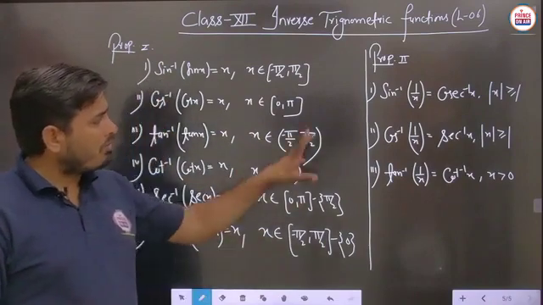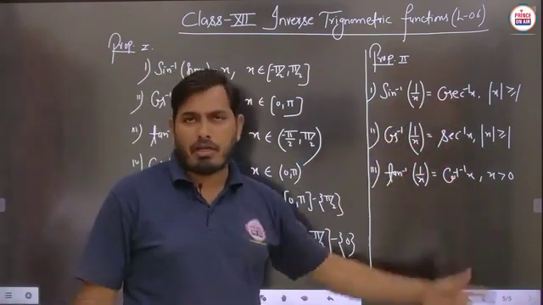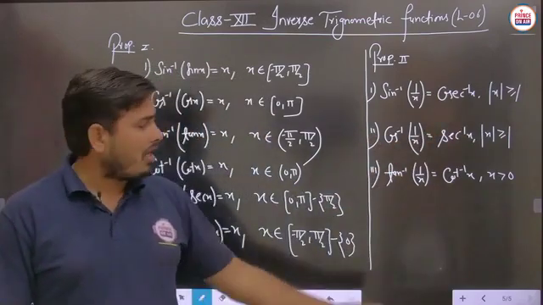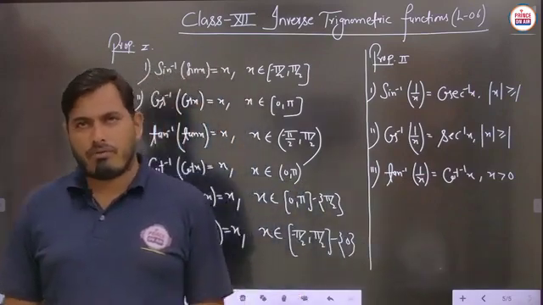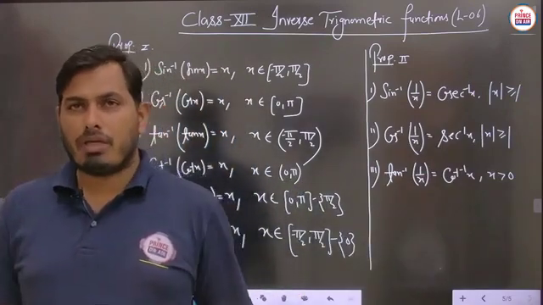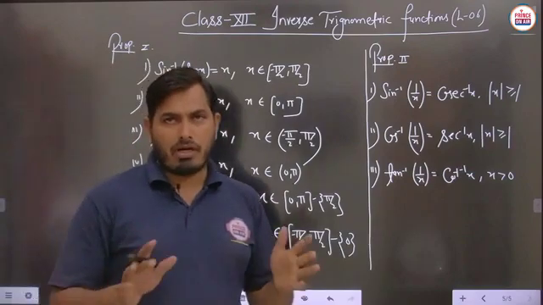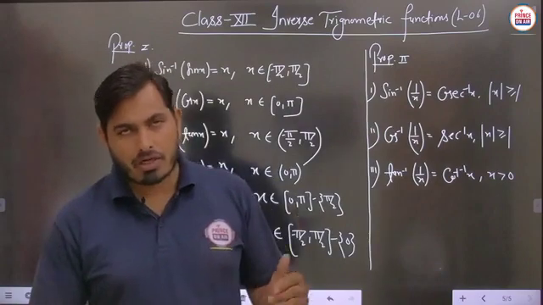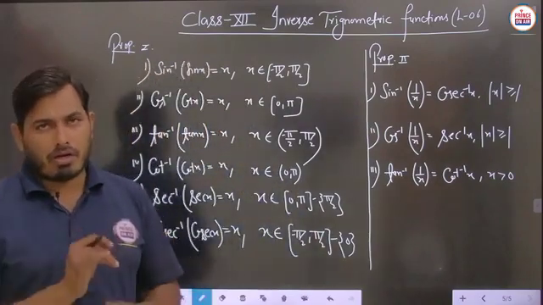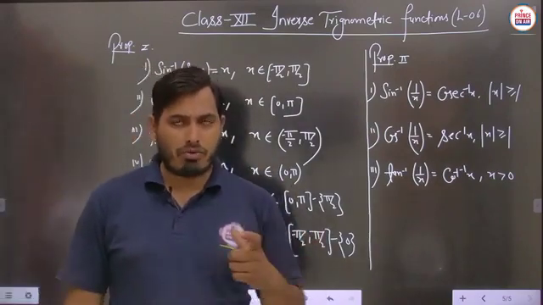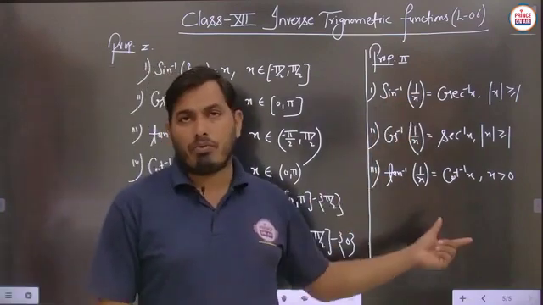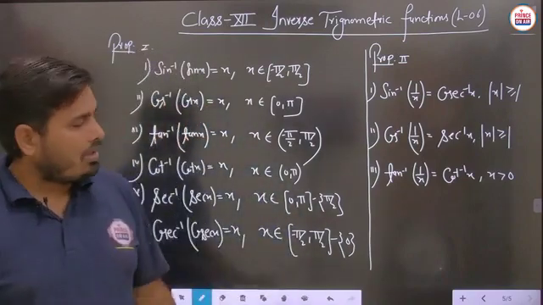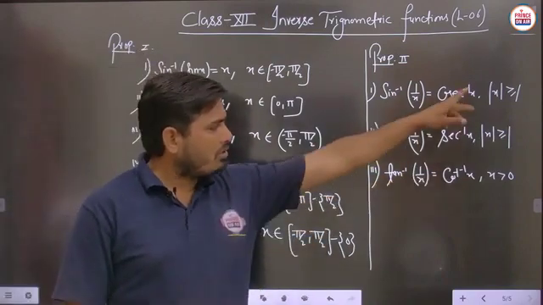So in this second property we are saying that sin inverse of 1 by x will be written as cosec inverse x, cos inverse of 1 by x will be written as sec inverse of x, and tan inverse of 1 by x is written as cot inverse of x, and some conditions are given here. According to the given conditions, we have to simplify the given results, as well as see how the conditions evolve, and what the main important points are that we have to keep in mind whenever we write any property related to the inverse trigonometric function. So I will tell some important facts here. According to those facts, we declare these types of conditions.